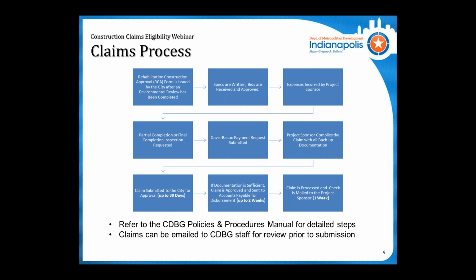So this is just an overview of the claims process in general, starting from the very beginning when the RCA form is issued. This begins as you submit your environmental request to now Gina Bush-Hayes, the new environmental review manager. She'll be reviewing all of those. Then specs will be written for projects, bids will be received and approved, and please double check the policies and procedures manual